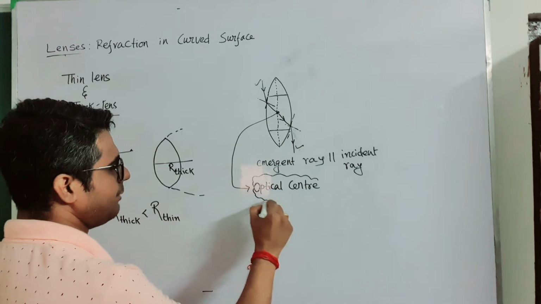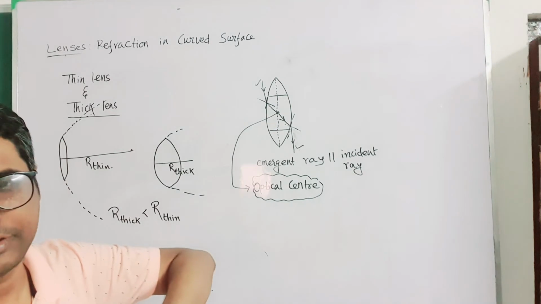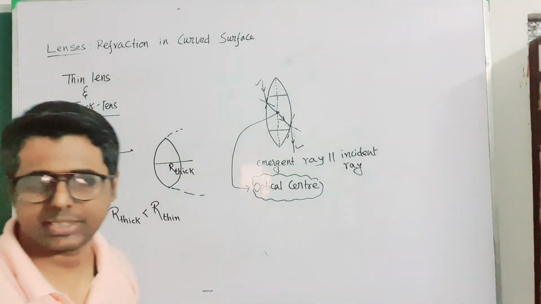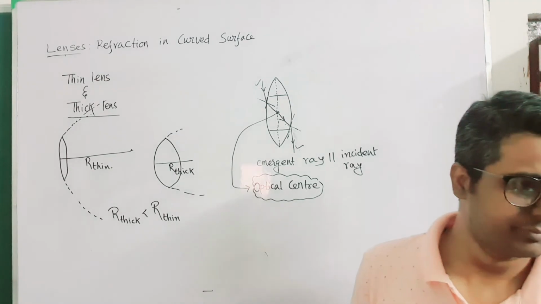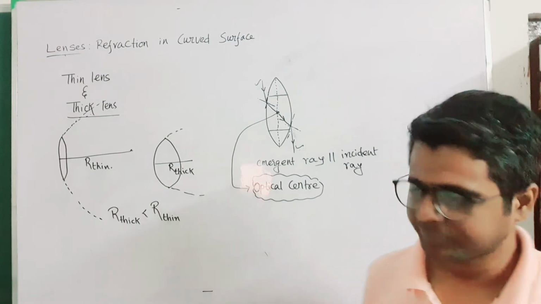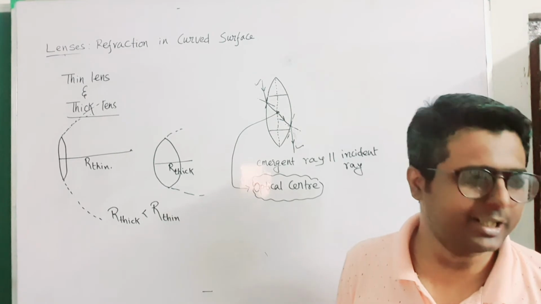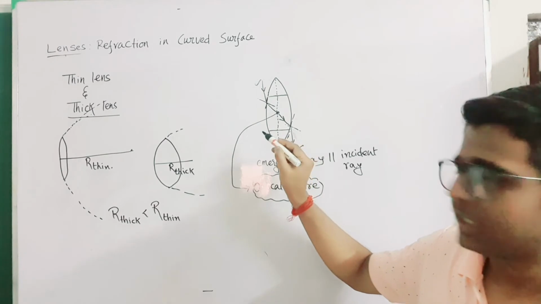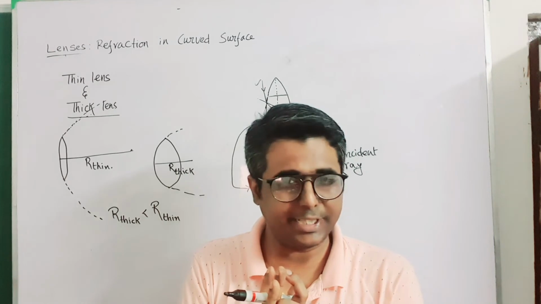So if anybody asks me that whenever a light is passing through the optical center, does the ray get deviated? Answer here. Does the ray get deviated or not? Deviate करे तो? There is a lateral deviation, right? इसे क्या बोला? Lateral displacement बोलते हैं. So here it is a glass slab. Now if I decrease the thickness of the glass slab, the lateral deviation decreases.